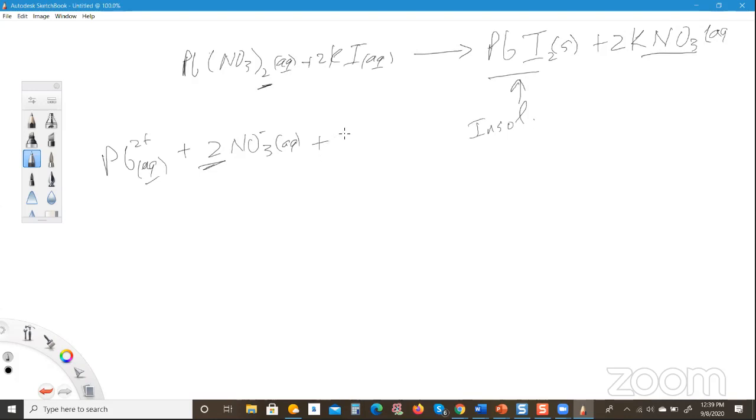Okay, now that we have done that, the potassium iodide, which is ionic and in an aqueous solution, is going to dissociate to form 2K+ aqueous plus 2I- aqueous. Okay, so that takes care of things on the reactant side. Let me erase this here. And then on the product side,